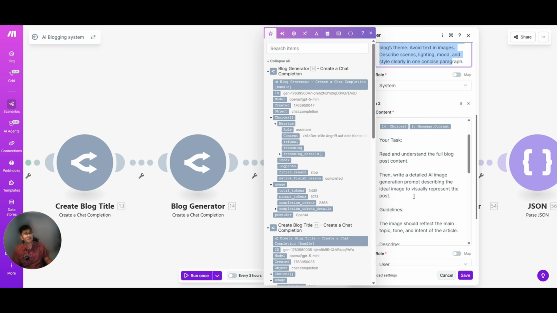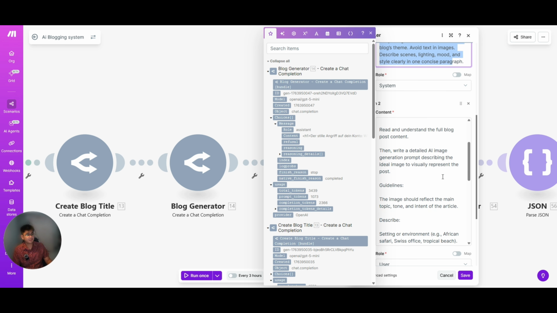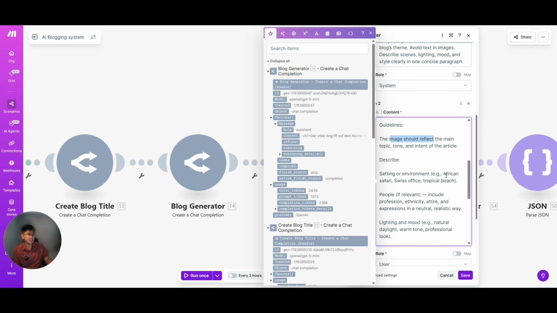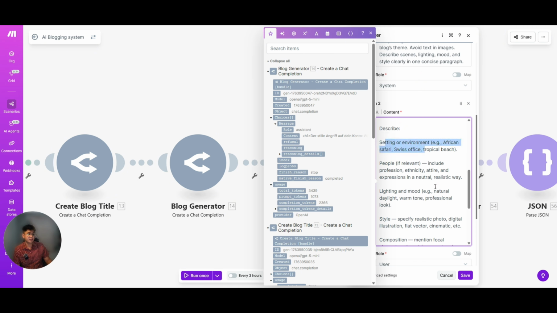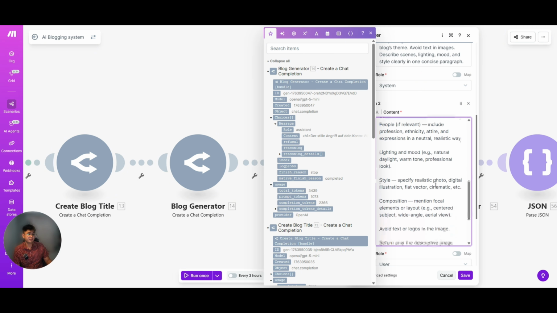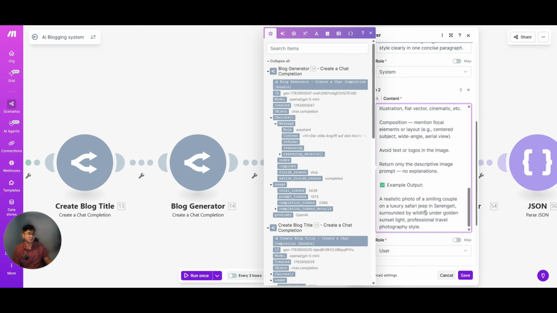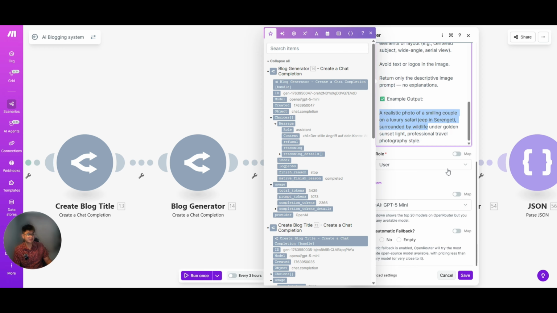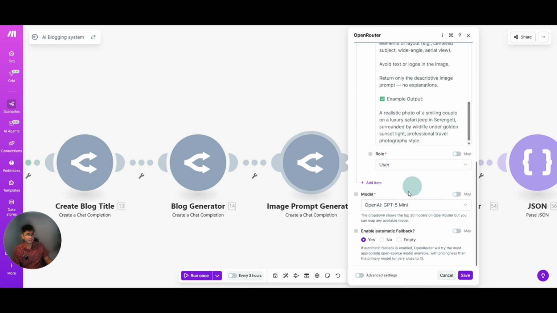I ask it to read and understand the blog post, then write a detailed image generation prompt. I set guidelines, and I describe things such as the environment. I also have an example output, and I use GPT-5 mini from OpenAI.